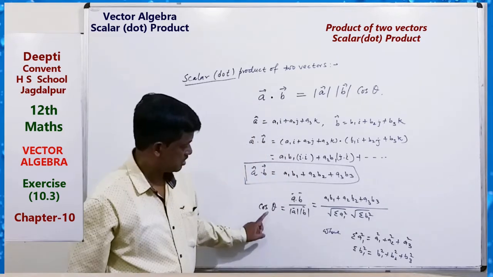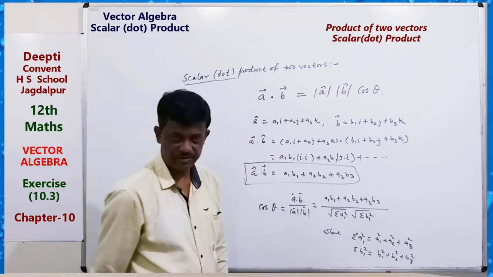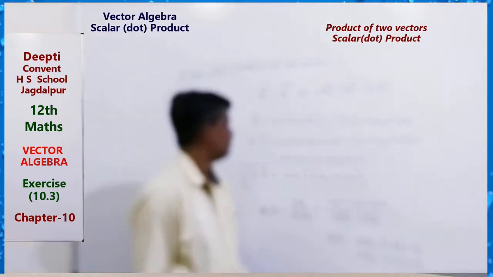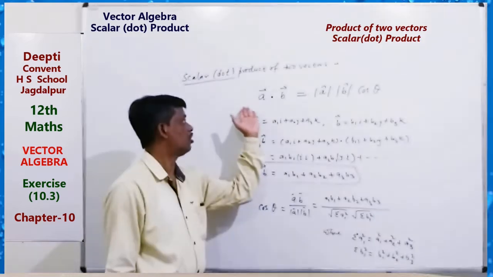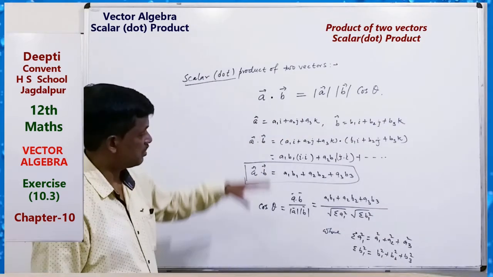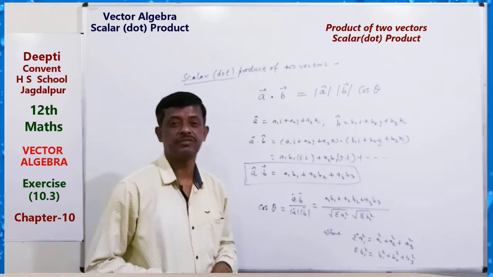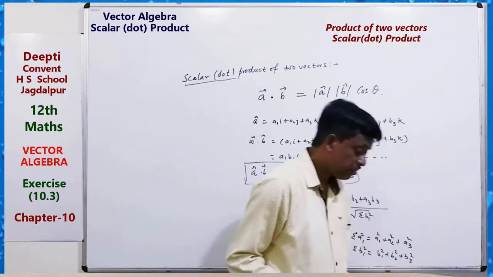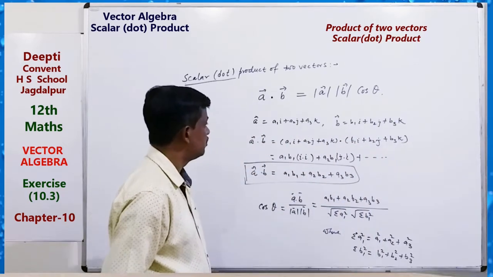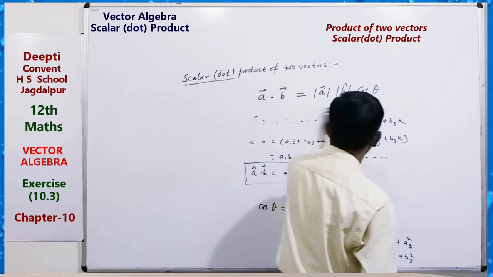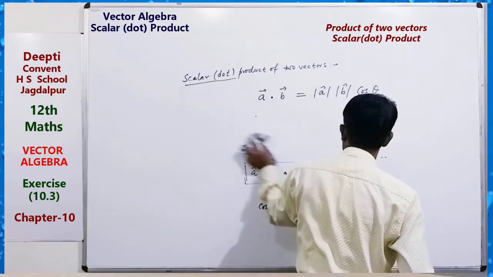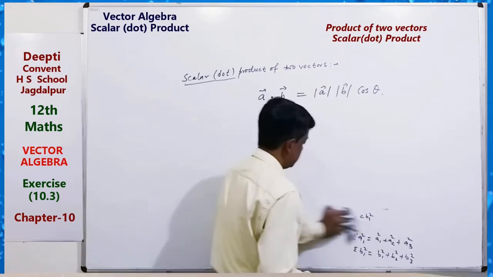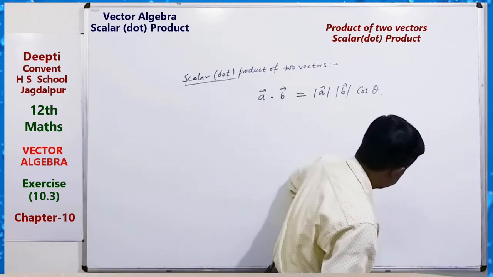So this is the value of cos theta in component form. Okay, so this type of derivation and these results about the dot product we can get, and remember all this for solving questions. Okay, so here also, the dot product is distributive over addition of vectors. Distributive means just like